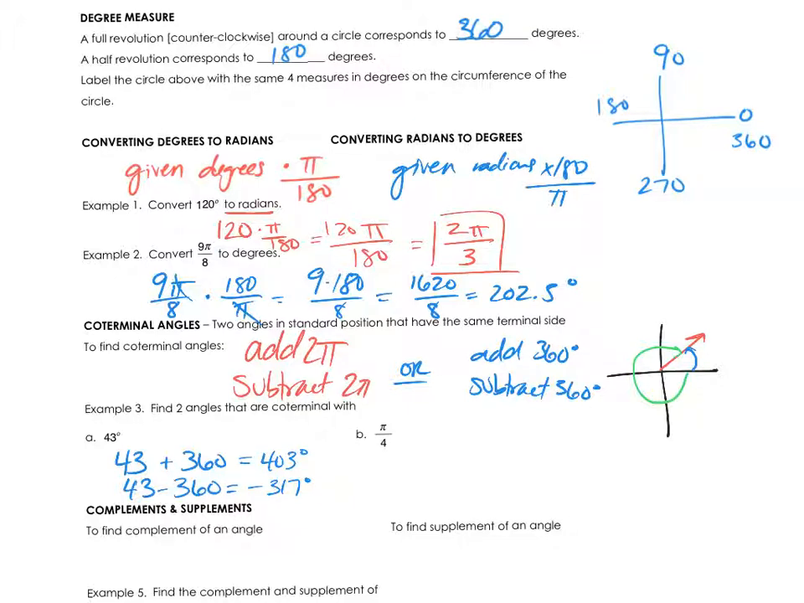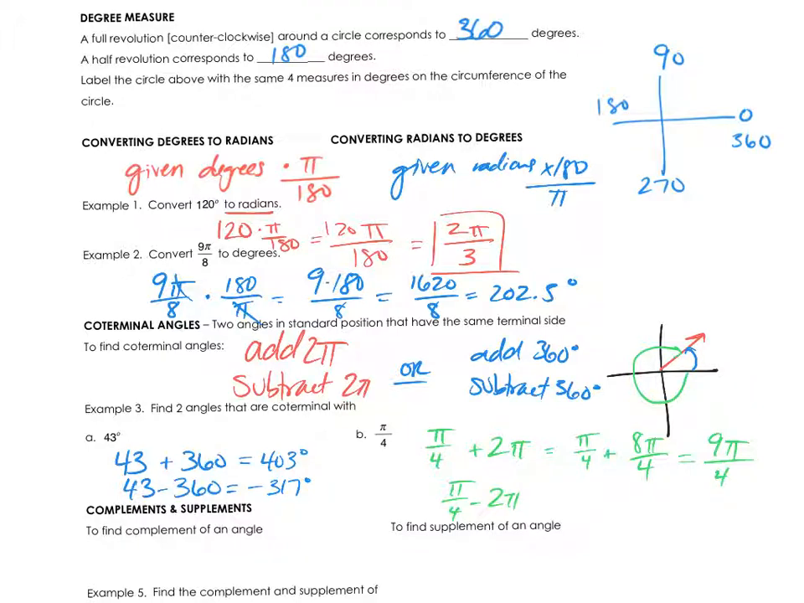For part B, pi over 4 is in radians, so we're going to be adding and subtracting 2 pi. So we do pi over 4 plus 2 pi, and pi over 4 minus 2 pi. Now, I have some fractions, so I've got to work with those. So this is really 2 pi over 1. So in order to make that over 4, I'm going to have pi over 4. Then I'm going to multiply by 4 over 4, so that's 8 pi over 4, which is in total 9